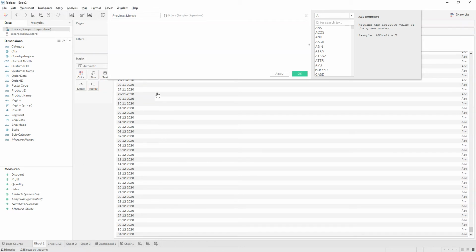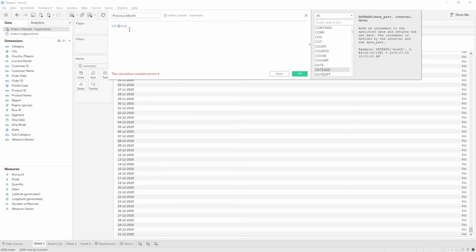Let me remove this from the view, and so date trunc. We need to go back to the previous year, so we will use the date add function. Date add function increments or decrements the specified date based on the date part and date value.